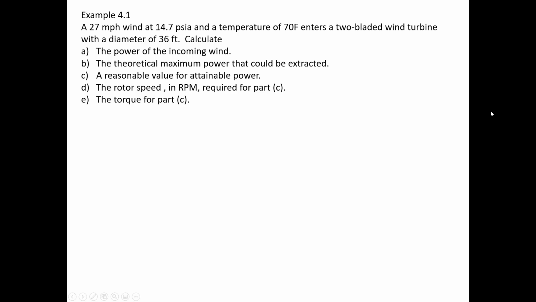Okay, this begins video 2 for the chapter on wind power. So let's go ahead and start this video with an example problem. This is an example problem from your book, and the example problem reads, a 27 mile per hour wind at